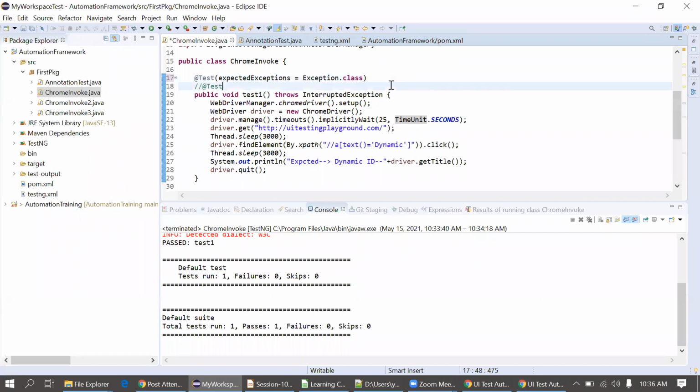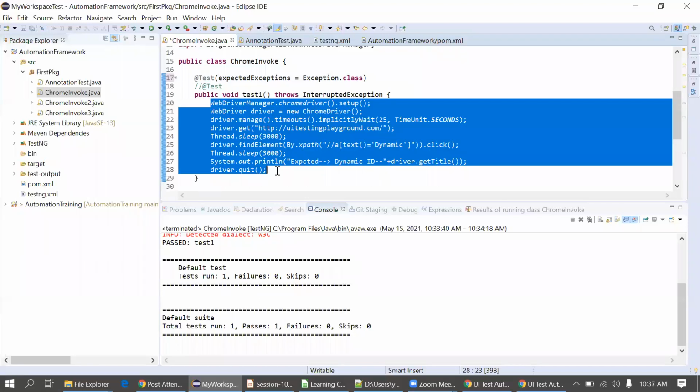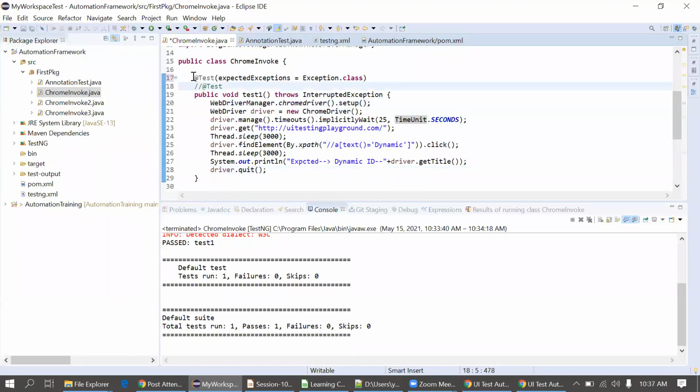Sir, if we put all these things, like WebDriverManager and all the method variables, in a try block, and catch that exception, and print the exception e with System.out.println, then it will handle the exception.